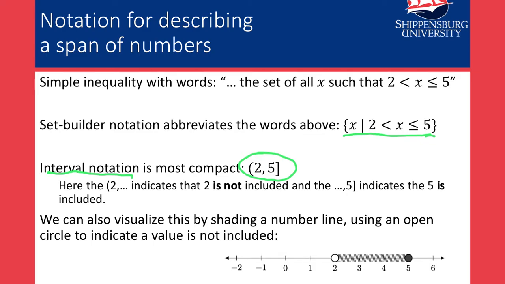And I do that by distinguishing between a rounded paren versus a closed brace. The closed brace means that you're including the possibility of that value. The open paren means that you're saying you can't actually get to that value. So everything between 2 and 5, where 2 is not allowed but 5 is, would be represented with the interval